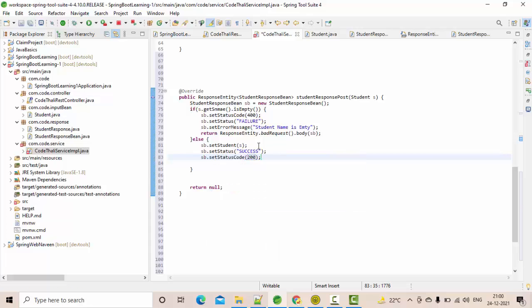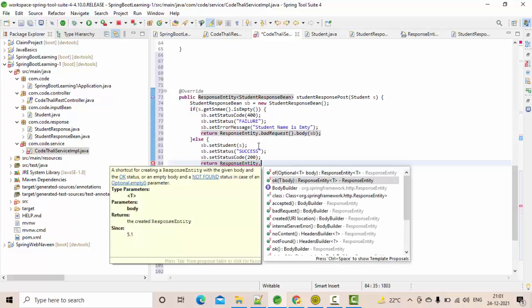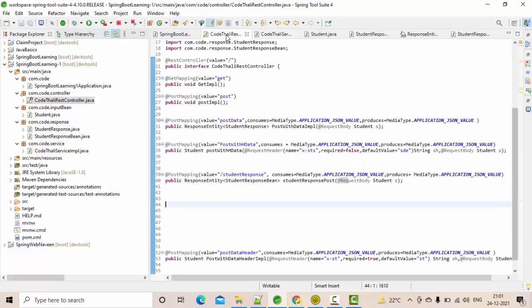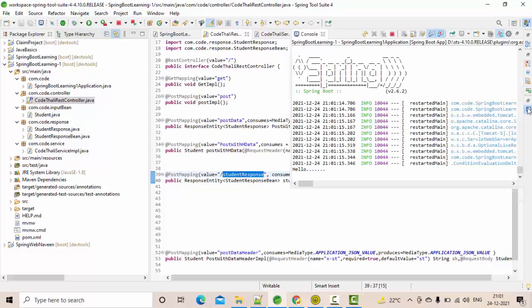Then I am returning. I don't need to put the error message here, it will be automatically set as null. Now I need to return this object, so ResponseEntity.of, then body as sb, the student response bean. I can remove this return statement. Now if you see here, this is my post call, I have started executing the